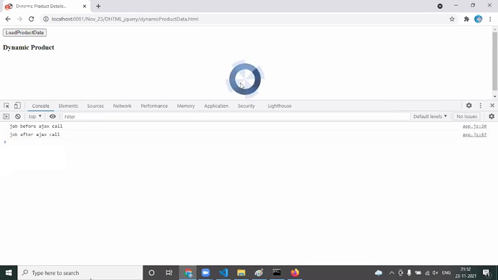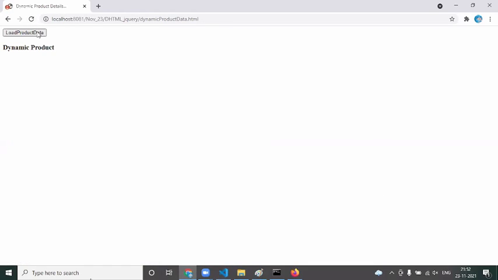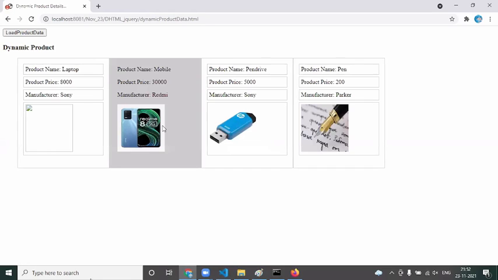When I click on load product data, I got the loading block. Once I get a response from the server, that is gone. Now the end user is so clear. What is he doing? I'm waiting until I get a response from the server.